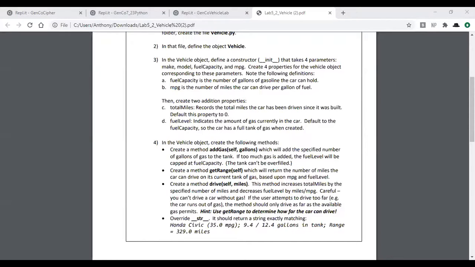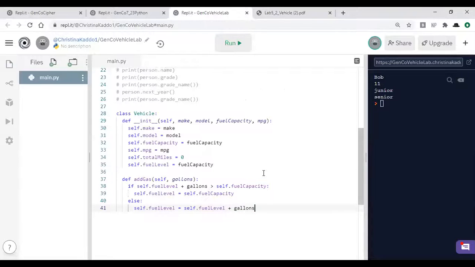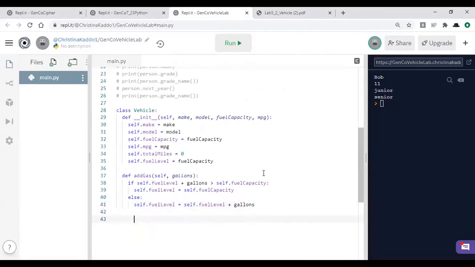If not, should I just type it out? If you want to just do it yourself, that works too. Okay, I'm